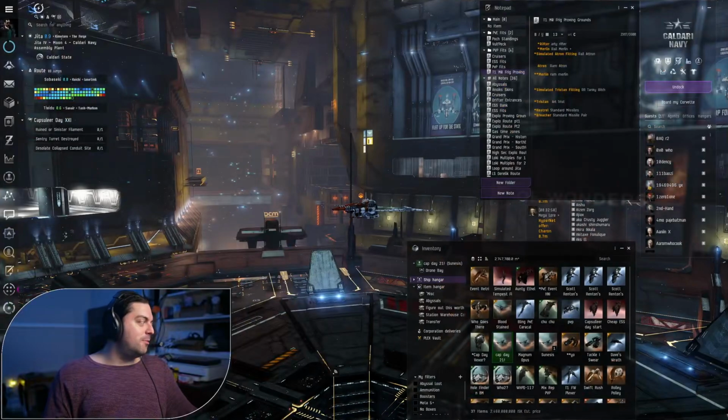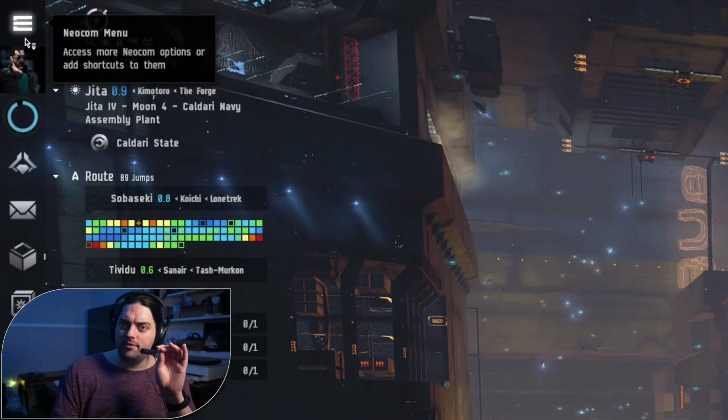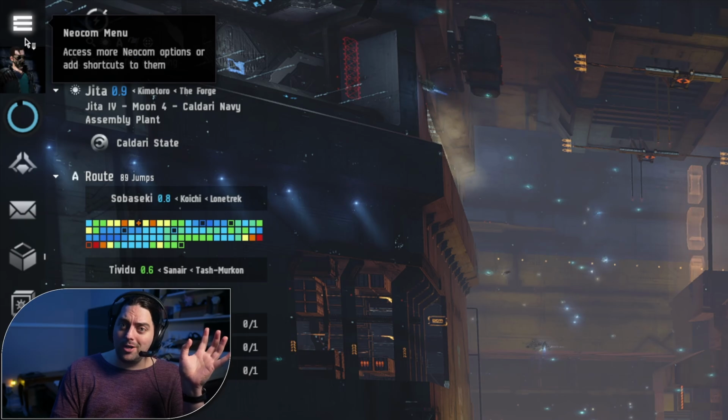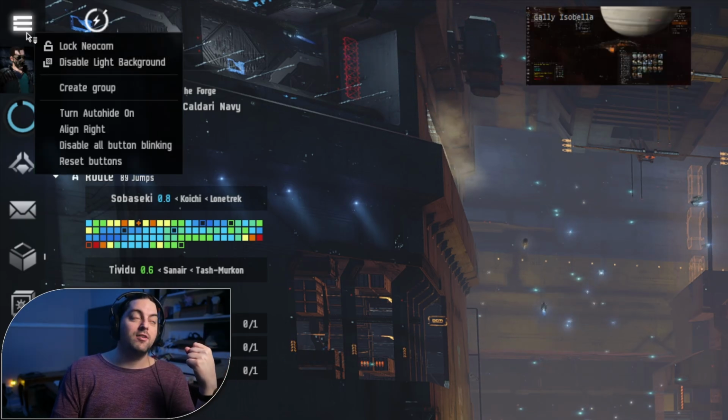Do you suffer from an uncontrollable rage whenever something tries to notify you of new information by blinking lights at you? Well, suffer no longer with this one simple trick. In the Neocom menu in your game, you can go up to the very top left, and lo and behold, much like a lot of these tips, all you gotta do is right click it, and we have a number of